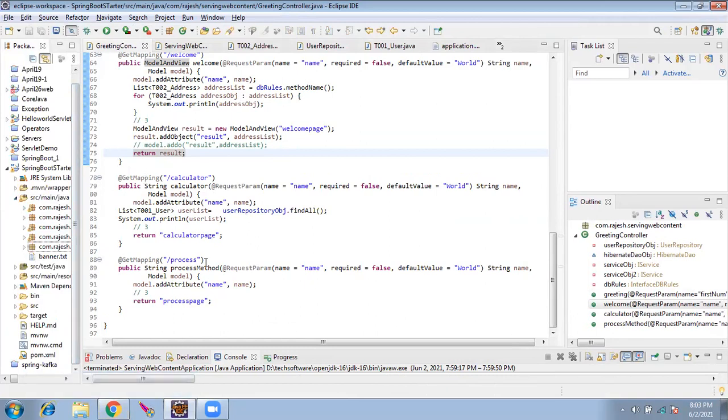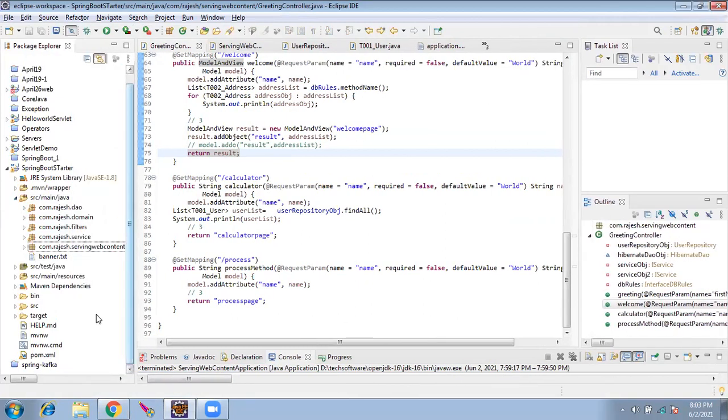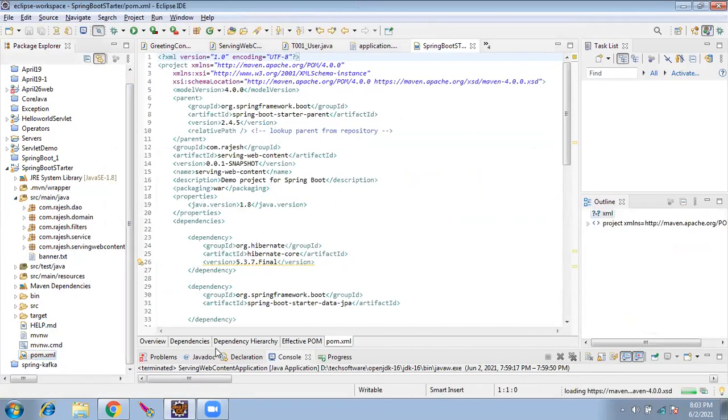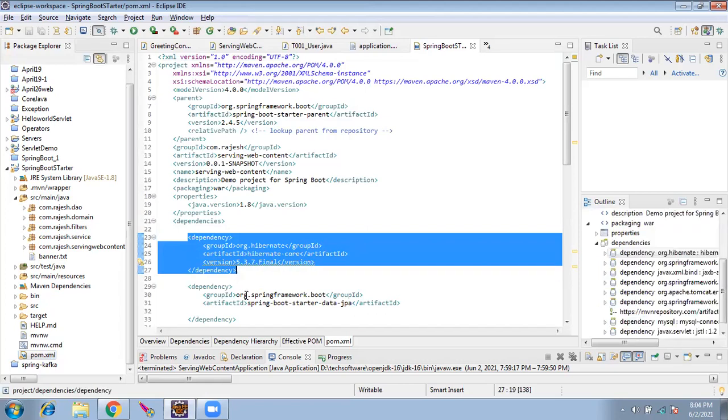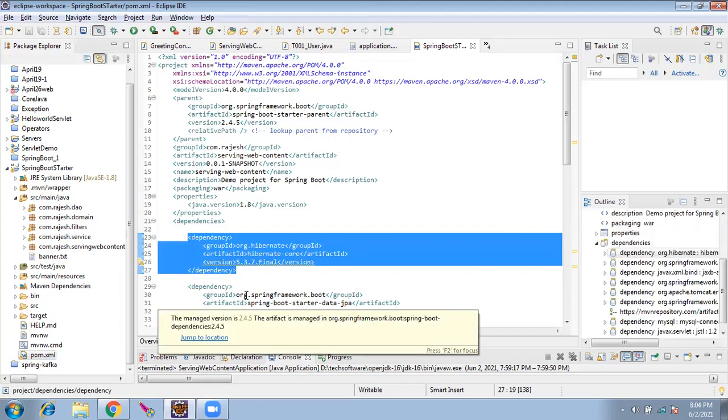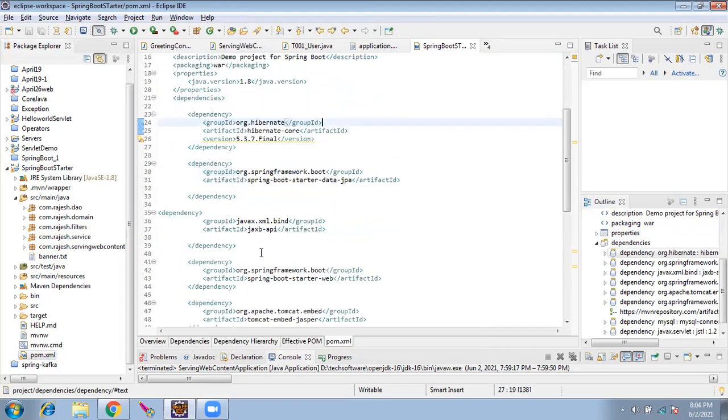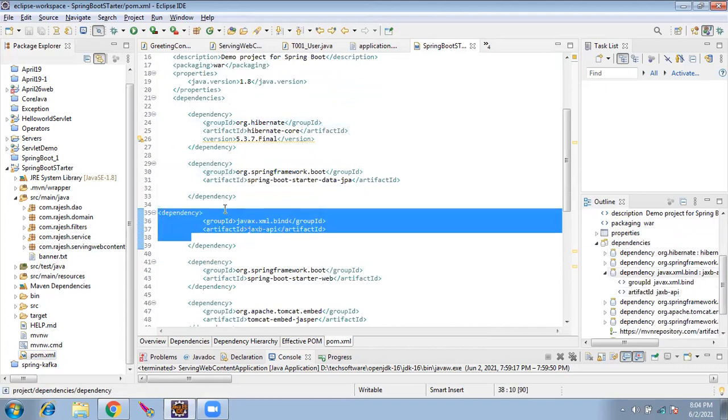The first step is we have added the entries in the pom.xml, the dependency entries for Hibernate, and then the Spring starter data JPA, which is Java Persistence API, and XML bind. These are the jars which are needed to configure Hibernate with the Spring Boot.